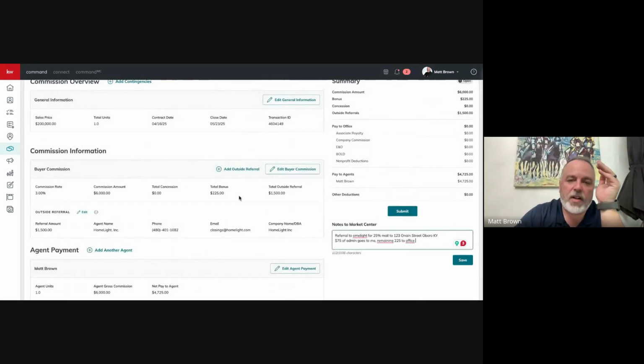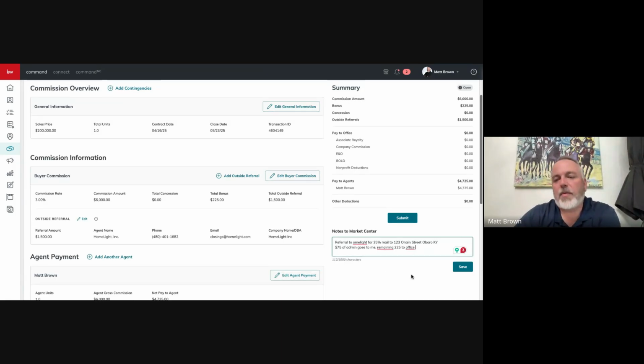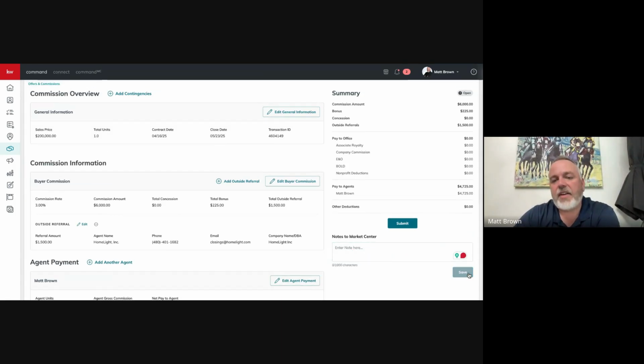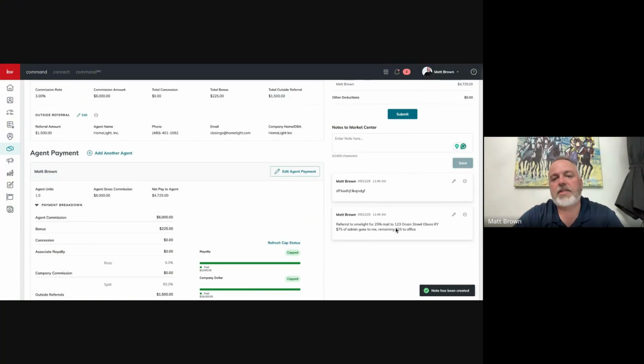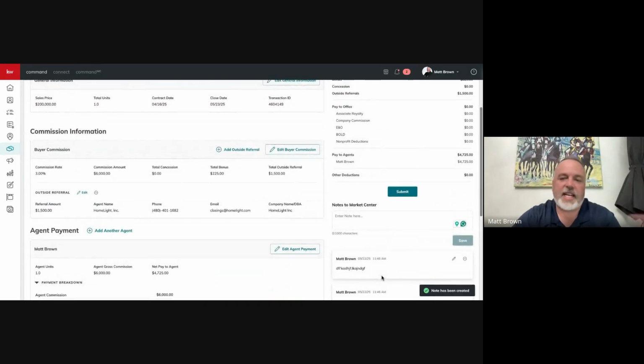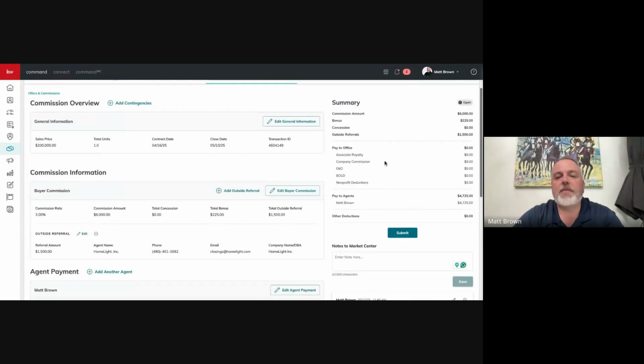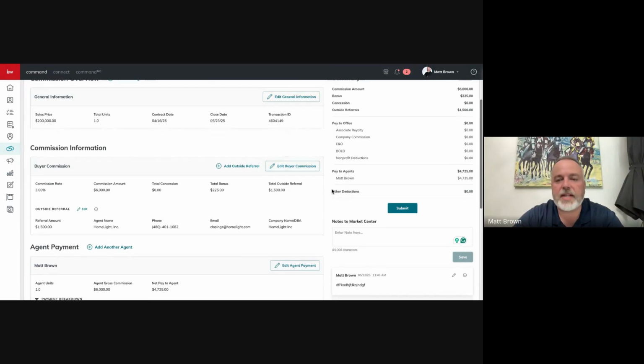I know I put it all over here, but just to make you aware and make your life easier, here's a summary of what's going on. Once you've done that, you click save, and you can add as many notes as you want in here. So just to show you, I can just keep adding notes and notes and notes. So as things change, I can update it. And then once you're ultimately done and all the numbers are in and everything matches up correctly, you're going to